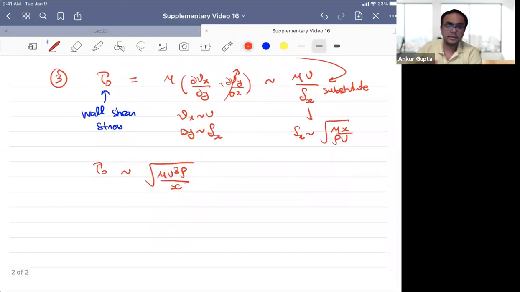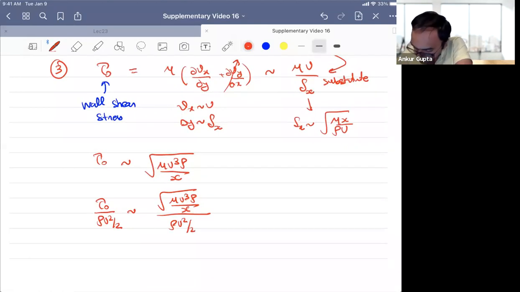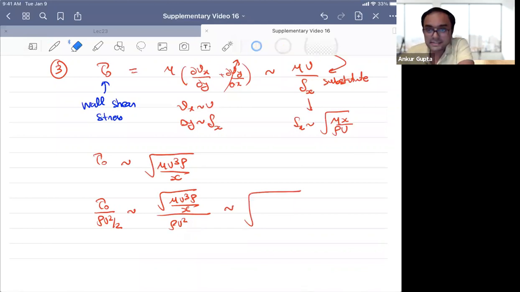All right, so this is something we have not derived in class. So can we actually verify whether this result is actually correct? We didn't really put dimensions here. So you can verify this by writing tau naught by rho u square by 2, right? And we will not carry around the factor of half. That's just a prefactor, but this is something we did find an exact solution for. So this becomes square root of mu u cube rho by x, divided by rho u square by 2, right? Or if I just remove the half factor, because that's something we are not interested in,